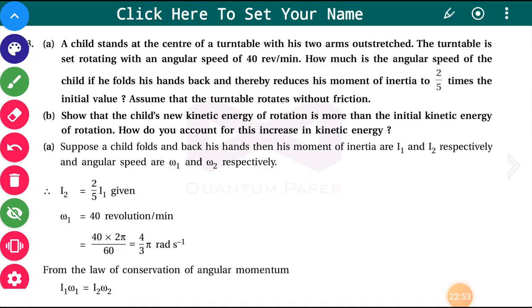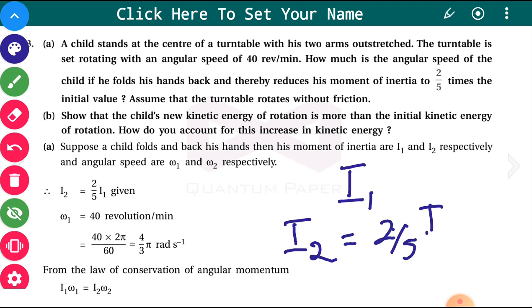Now 7.13. A child stands at the center of a turntable with his two arms outstretched. The turntable is set rotating with an angular speed of 40 revolutions per minute. What is the angular speed of the child if he folds his hands back and thereby reduces the moment of inertia to 2 by 5 times the initial value? Let the initial value be I1. Then the new value when he folds his arms, I2, will become 2 by 5 times the initial,